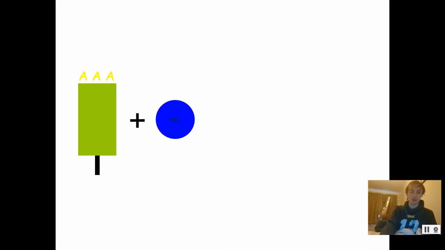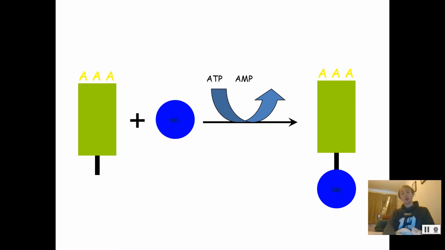And what it's going to be used for here is to what we call activate this tRNA. And what we mean by that is simply attach an amino acid onto the tRNA to create something that looks like that. If you think about it, at the end of the last bit of translation, you are left with a polypeptide chain, which is fantastic. You have the ribosome, which will float off and do its own thing, and you're left with one of these for every single codon in the mRNA. It used to have an amino acid attached to it. That amino acid has been used to form a polypeptide, and now it's left with just an empty tRNA.